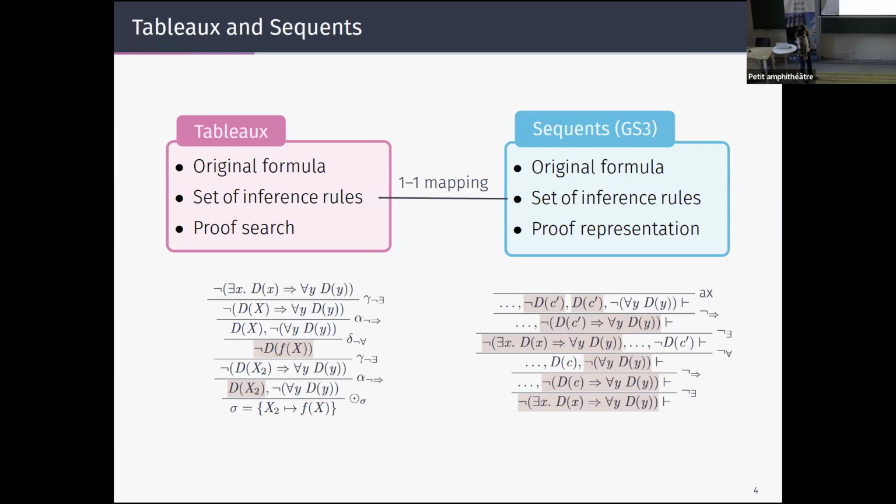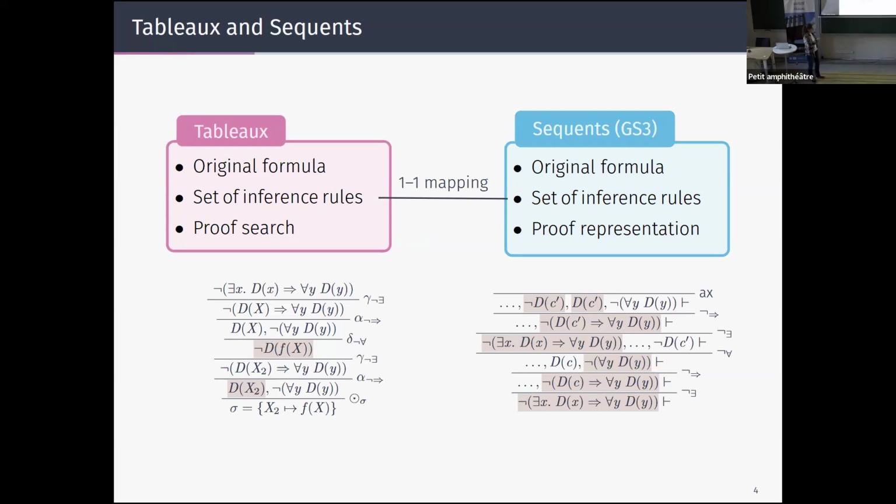But in practice, when you see a Tableau proof and a sequent one, you can mostly read both. If you know how to read one, you can read the other one. Both systems work by refutation. They create a proof tree, and in Tableau you start from the top and go to the bottom, while for sequents it's the opposite: you start from the bottom and go to the top. In Tableau, between each step, you write only the newly generated formulas, while in sequents, you have to write everything again. These are the dots here. And in Tableau, you have some strange Greek letters in front of the connectives, but otherwise it's very similar.